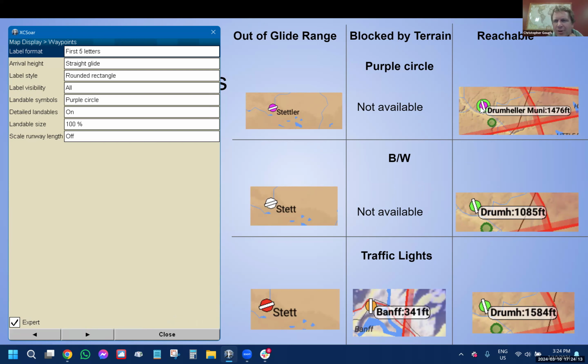I find having the circle around and the label good enough. With the grayscale, you can still kind of see it. Then there's traffic lights. The one thing that I believe Purple Circle now does give you the option of a different color ring, but with the traffic lights, it gives you the amber color as a field that